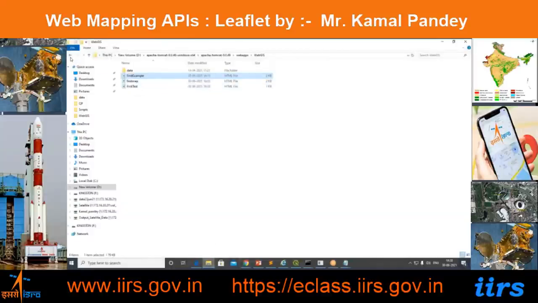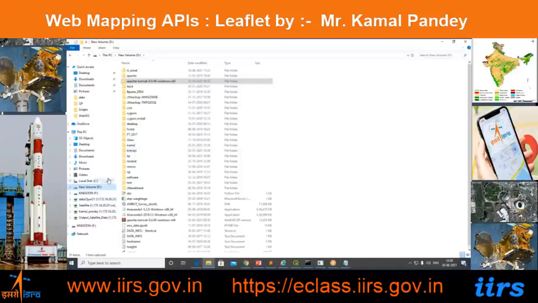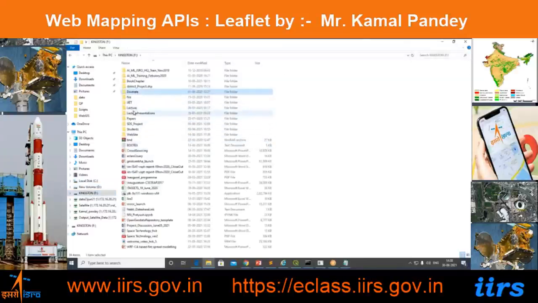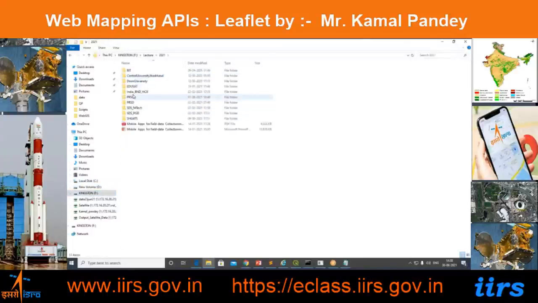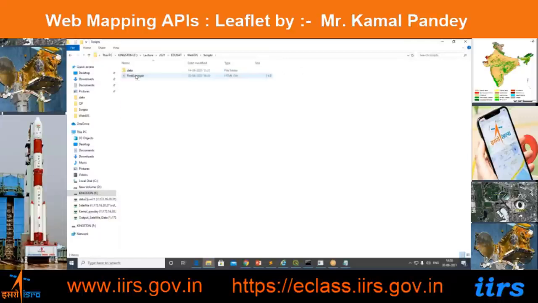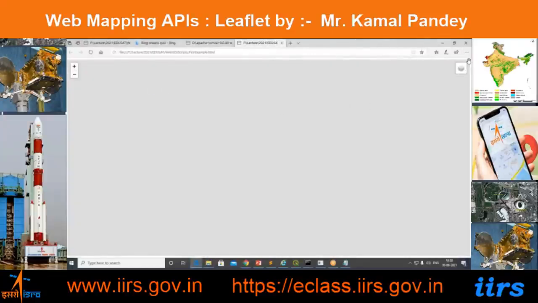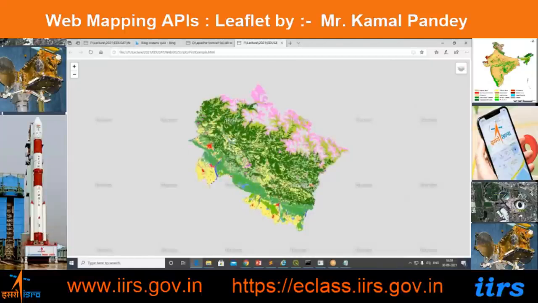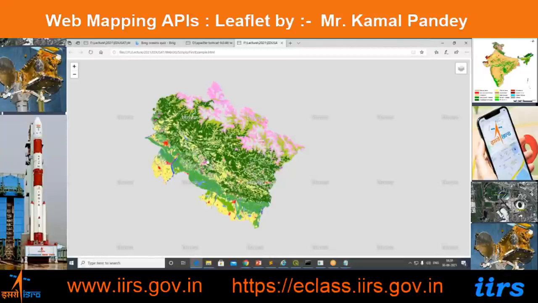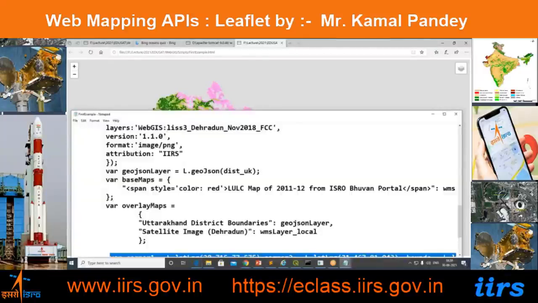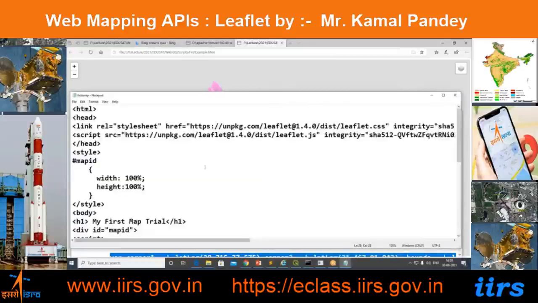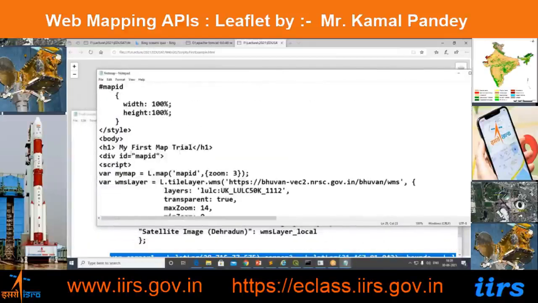Okay, your first it will come like this here, D drive. I will see it here, lecture here, 2.1. Our first example was like this only. Directly, let me try to run it directly. First example. Okay. So if you see it here, your map has come over here, but these are the tools which I need to tell you again. So this is your Bhuvan LULC map coming over there. It will come something like this. The same code which I was trying to explain to you with the first map actually. This one, the first map. So that was the first component of my first map here,